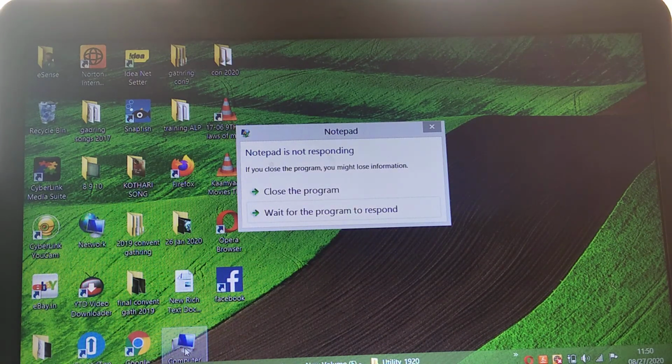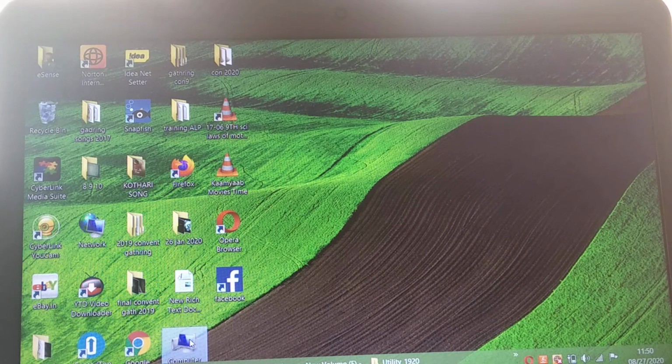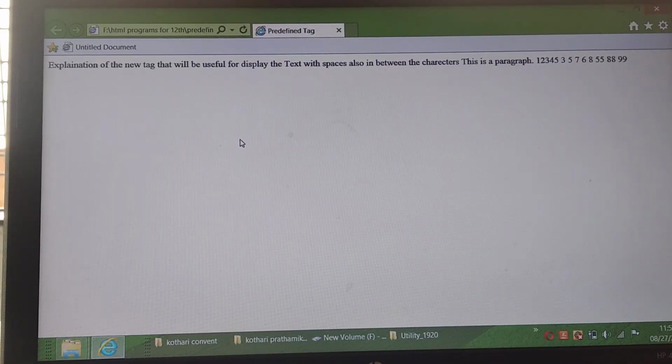Now I will open my file. Now you can look at the web page.